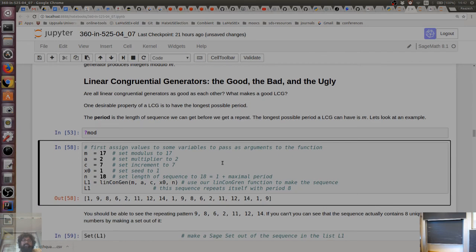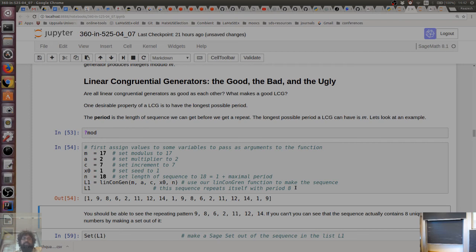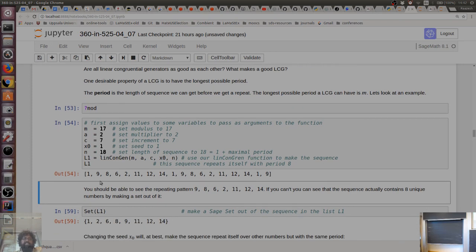So let's first assign some values to some of the variables to pass as arguments to the function. I'm making up one. M is 17, A, the multiplier, is 2, the increment is 7, and my seed is 1, and I want 18 samples from it. I chose 18 because I want to see what happens for the longest possible period, which is of length 18. So when I run this and create this list L1, I start seeing 1,